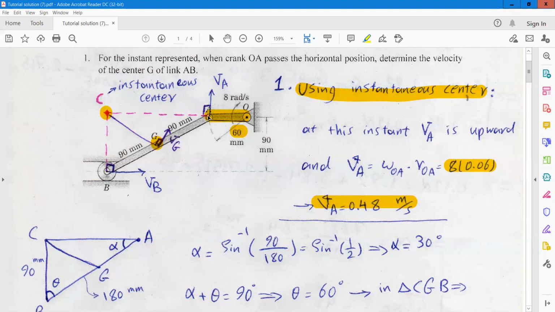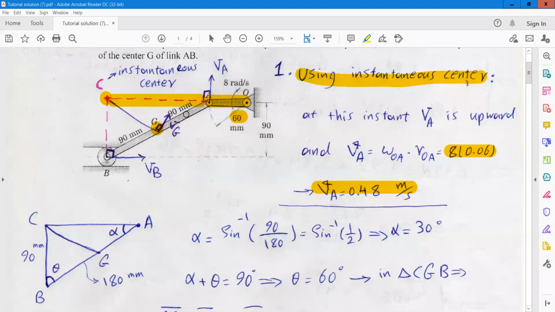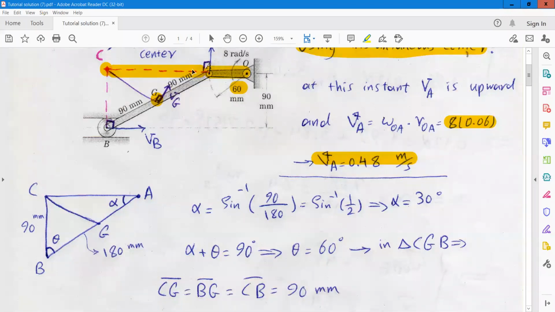So the velocity of A is equal to the angular velocity of AB times this length, which is RCA. Okay, you can easily find RCA because we have some geometrical information. If you plot this triangle ACB here, ACB,